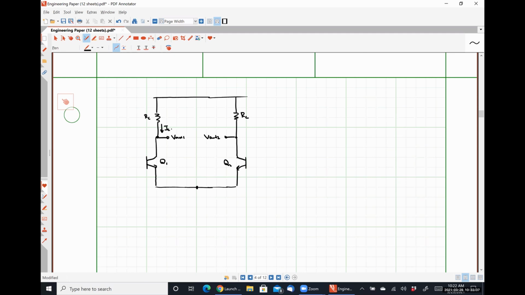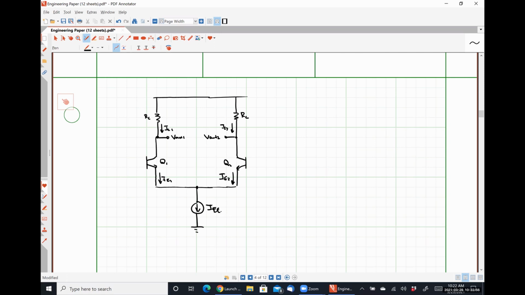I'm going to label some currents here. This will be IC1, this will be IC2, this will be IE1, this will be IE2. Got my tail current right here,